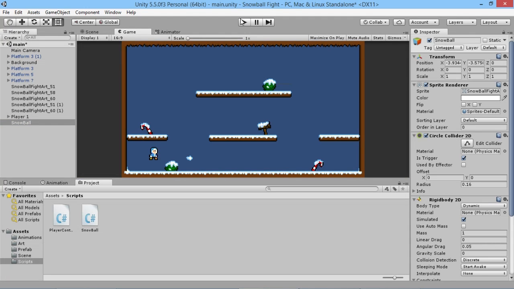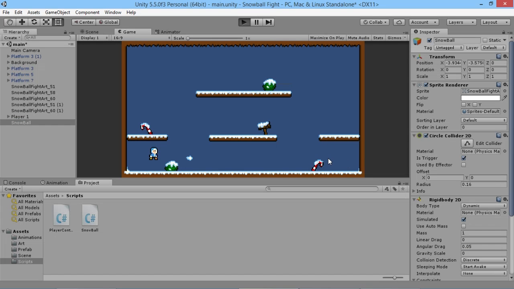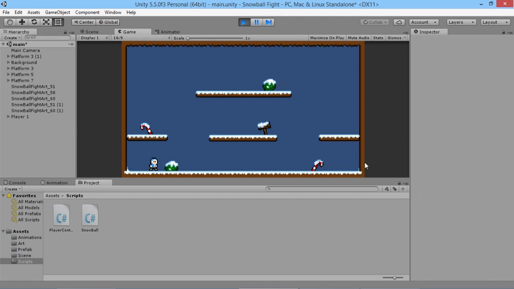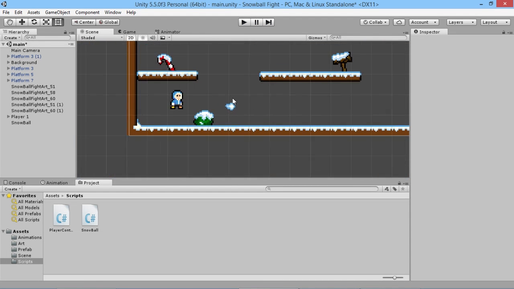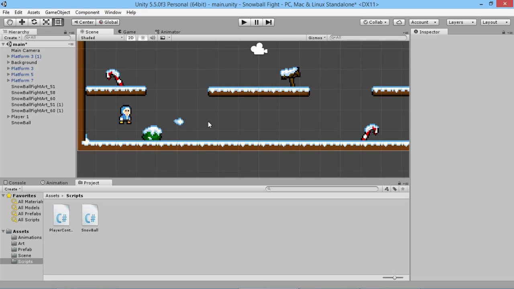Actually, I'm just going to turn off maximize because we're going to watch our snowball here in the hierarchy. You'll see it disappear when it runs into the wall, but visually we don't see much at all. It just suddenly is gone. It's not very interesting. So what we're going to do is create a simple and very straightforward little particle effect that will demonstrate our snowball being there, and then get rid of it nicely for us